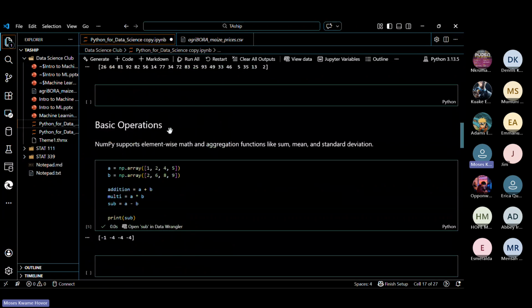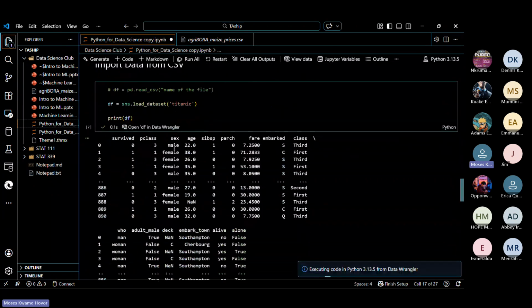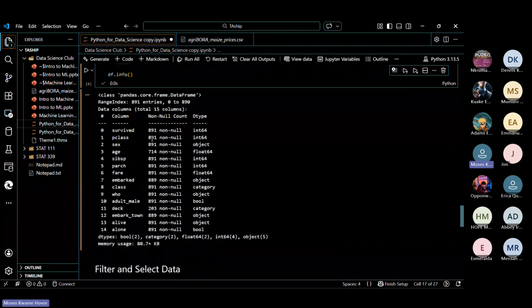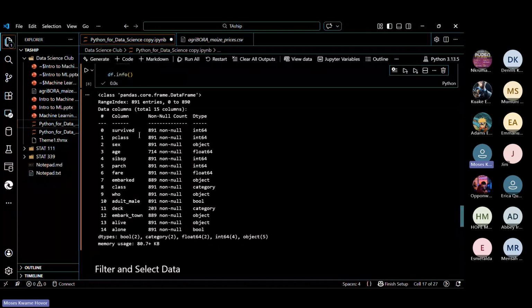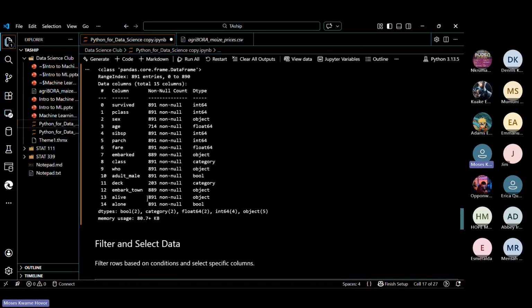All right. So if I want information on my data, I'm going to do df.info. And df.info is going to give me an overview, an understanding of my data. It tells me that with a column called survive, the values in there are all integers. There's another one called pclass in the data. They are all integers. For sex, they are objects. For age, they are floats, which means I don't know whether there are decimals in there. For alive, and then for alone, we have Boolean, that's true or false. Okay, so that's to get information on your data.